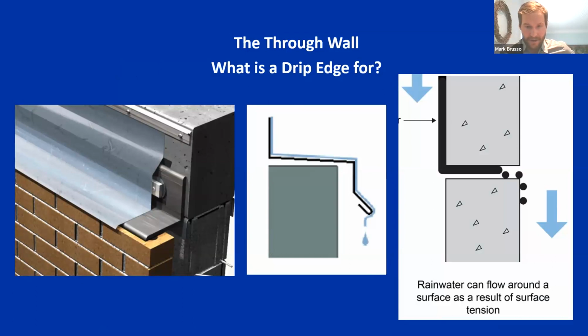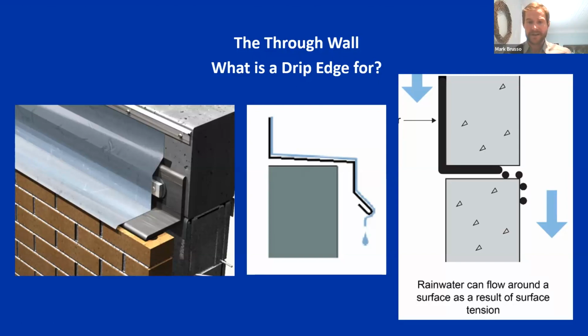Drip edges, they're kind of the last component of this through wall junction that I think are worth mentioning. And really, what are they for? I brought in a couple of extra slides to illustrate what they do. They don't just bring water out from that through wall, but what that drip edge ends up doing is breaking the surface tension on water, almost like a kickoff, preventing that water droplet